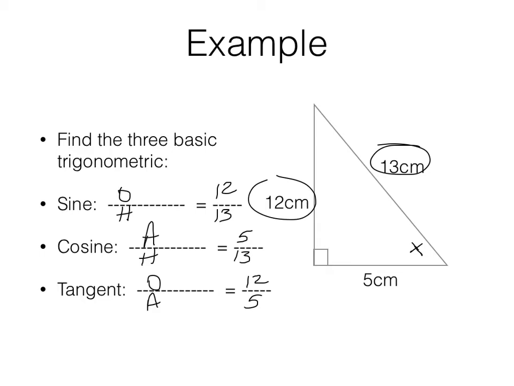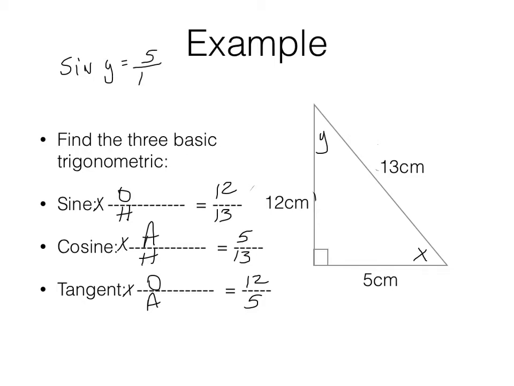If we were doing this with a different x angle, right, then these would change. Okay? So this, we'll call this x. So sine of x, cosine of x, tangent of x. Let's call it y. So sine of y would be 5 over 13. Cosine of y would be